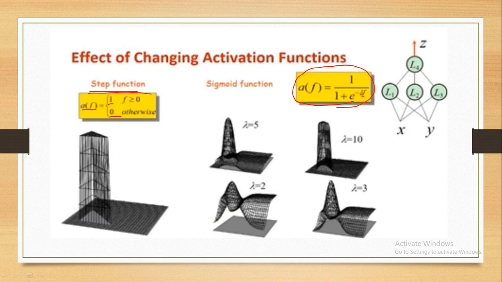So guys, अगर हम step function use करते हैं तो हम लोग कुछ ऐसा outcome मिला. It's a triangle, which has sharp edges. So now whenever you change the step function to sigmoid function as an activation, and tune the parameter lambda, like here I have samples of lambda equal to 3, lambda equals to 10, lambda equals to 5, lambda equals to 2. Just observe, with the different values of the lambda, हम लोग को triangle की जगह actually कुछ cow shape output में मिल रहा है. So अगर आपके पास lambda की वैल्यू ज्यादा है, like here the lambda equals to 10, then it gives a quite good triangle with the curve shape.